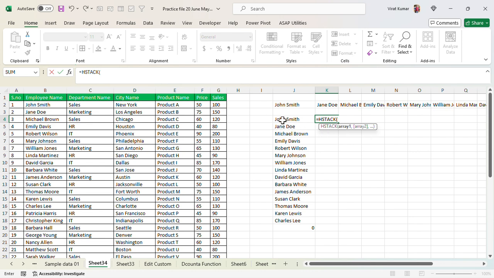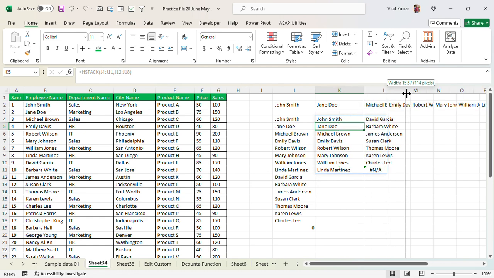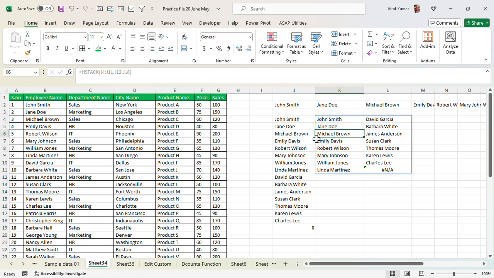So select this array first, I select half the table, comma, I select the remaining next table and hit enter, and you can see this is the HSTACK function. We select the column data and convert it into a row. H for row, H for horizontal. Just remember that. That's it.